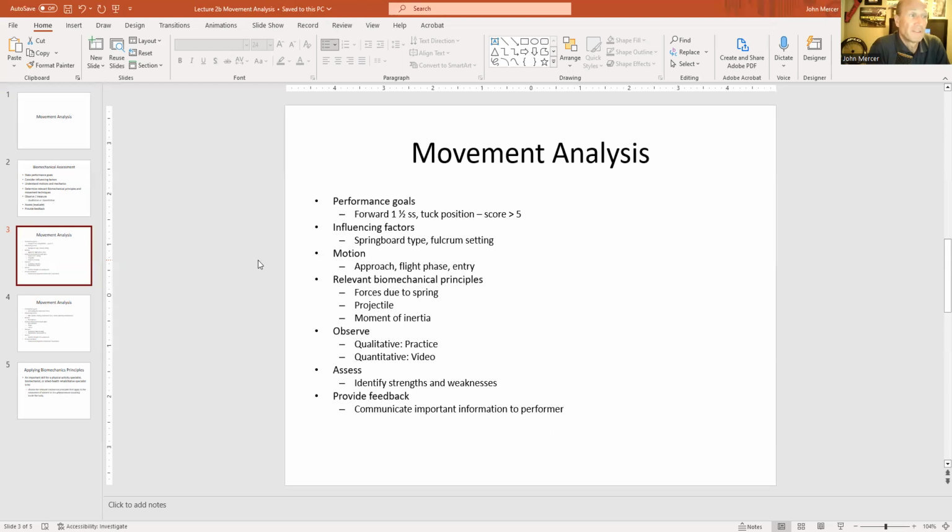Then you try to identify some of the relevant and key biomechanical principles. Obviously, the force is due to the springboard. So spring mechanics become very important to understand the stiffness of the board, how much deformation the board will have. Then you want to probably consider things like projectile motion, because once the person leaves the board and they're in the air, they only have the force of gravity acting on them. And so you want to understand that projectile motion and ultimately how it would come back into play